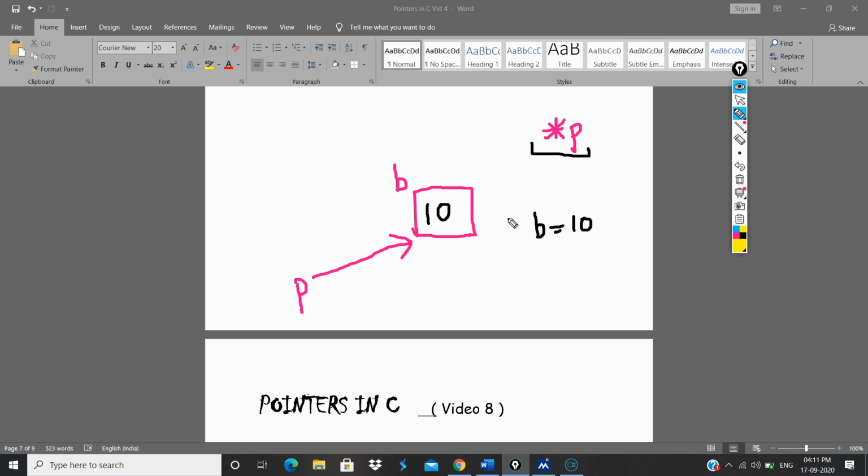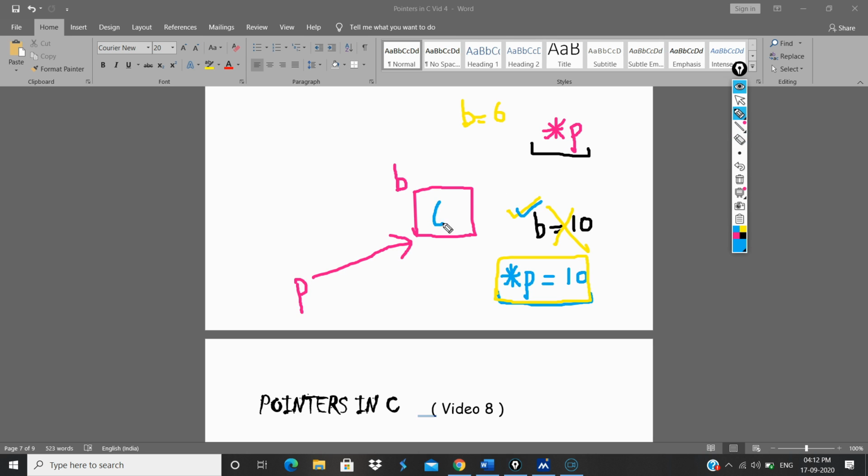Instead of this statement you can also write one more statement. Initially I have declared p to be a pointer. If you write this particular statement, it will still perform the same operation. Let's assume you have not given that statement. Initially you have given the statement b is equals to 6, and after that you declared a pointer. You know how to declare a pointer, I will not specify that part. And after that you have written this statement star p is equals to 10.